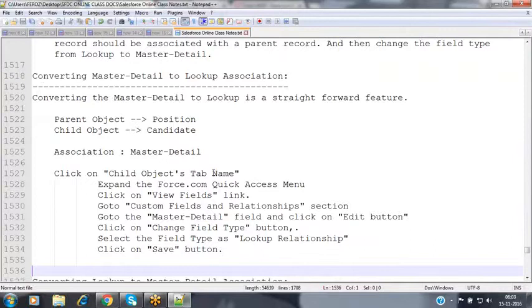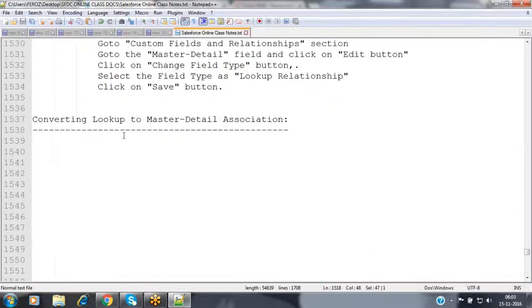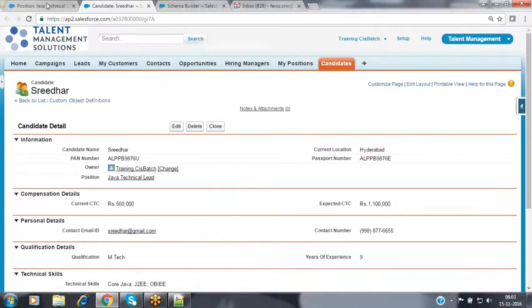Now let's see the next feature. Converting master detail to lookup we have done. Now the second process is converting lookup to master detail. How can we convert the association from lookup to master detail? Now we will see it practically here. For example,